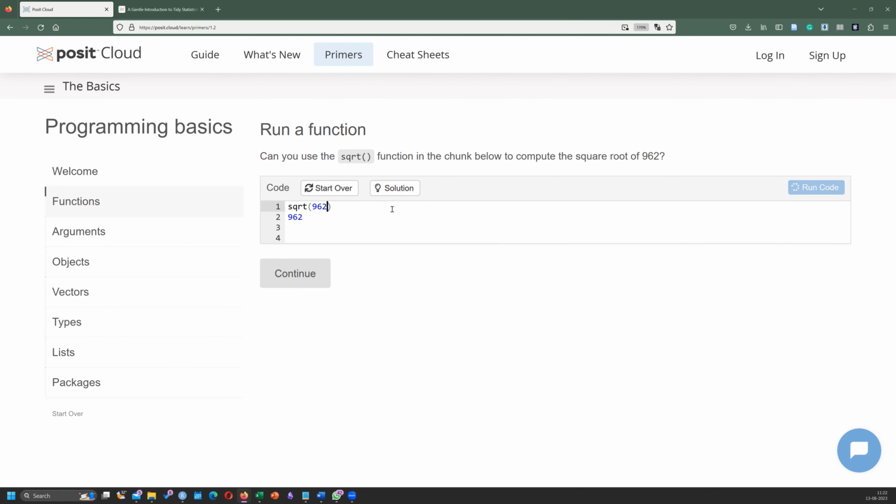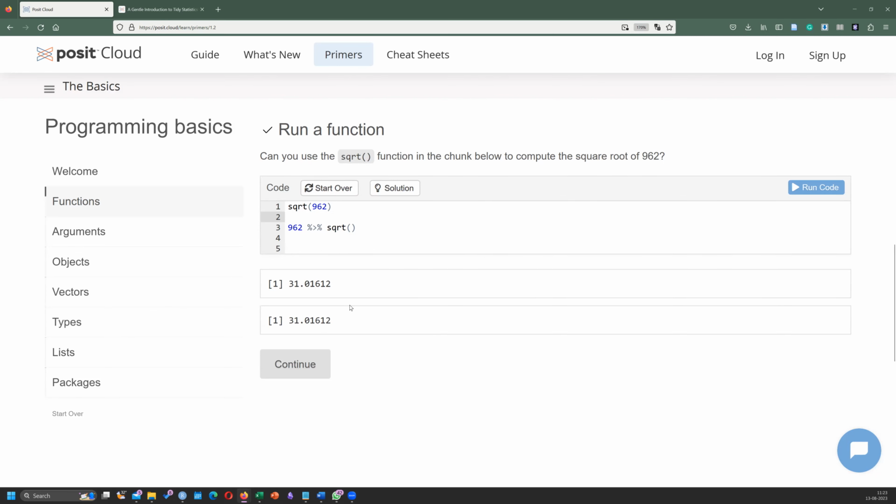This would give us the answer. Or what we can do is the other way. Both the first one and second one gave you the same answer.